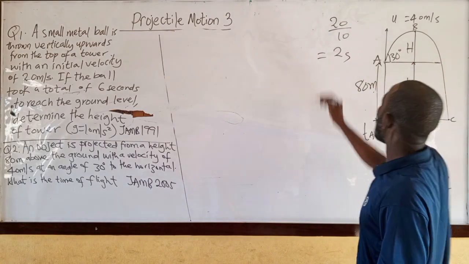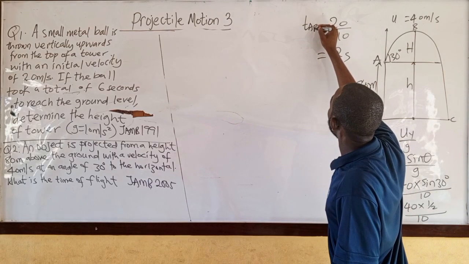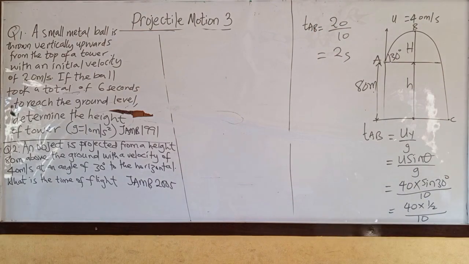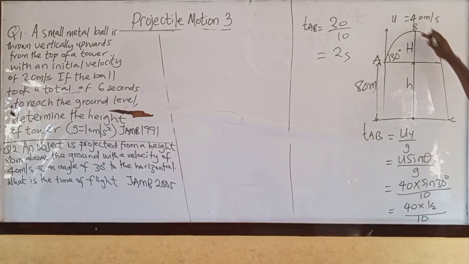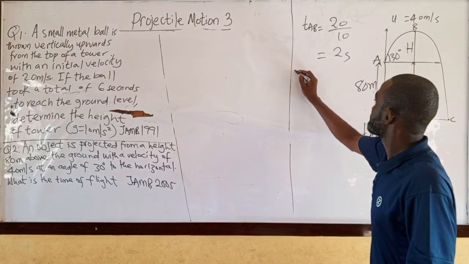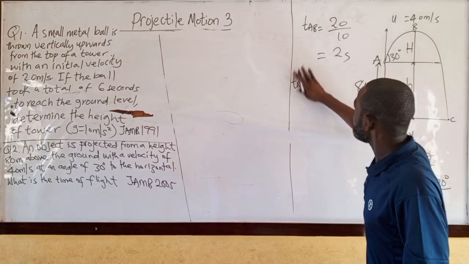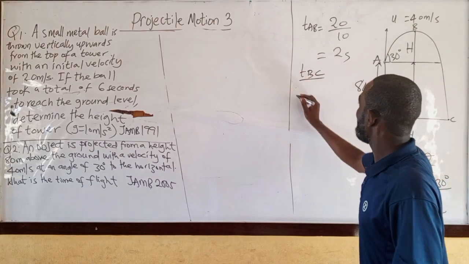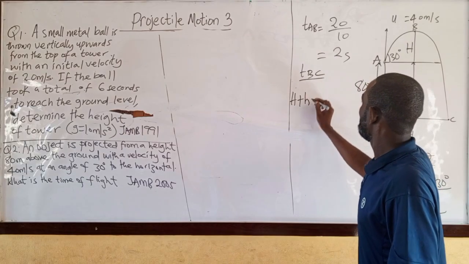So time AB is 2 seconds. Now I need time from B to C. You see it? Time BC. We calculate time BC. We use our H plus h equals